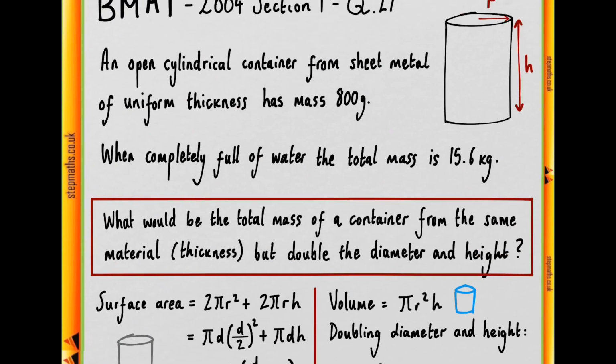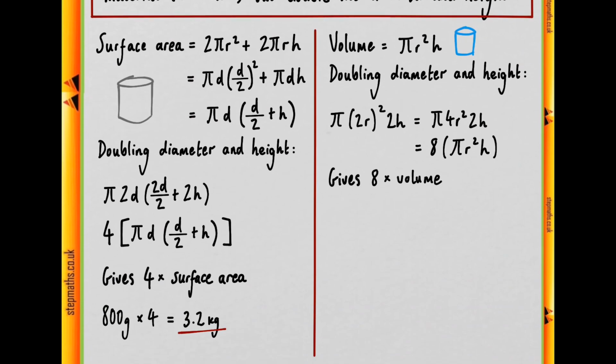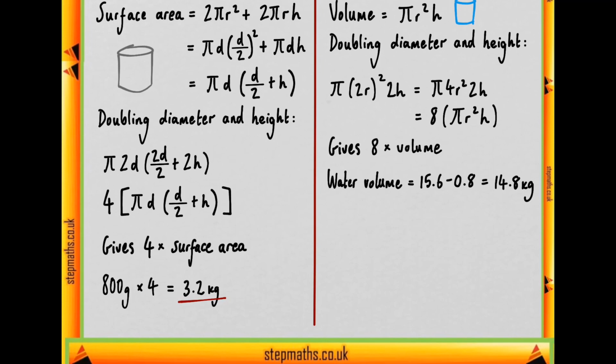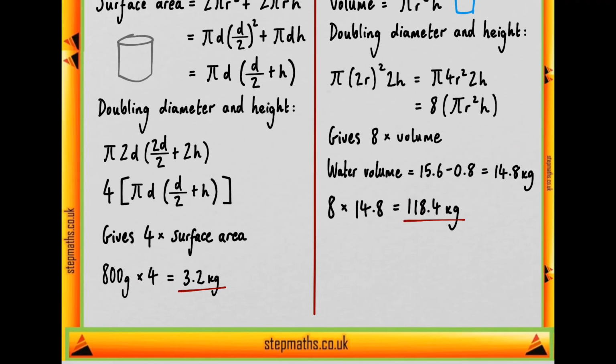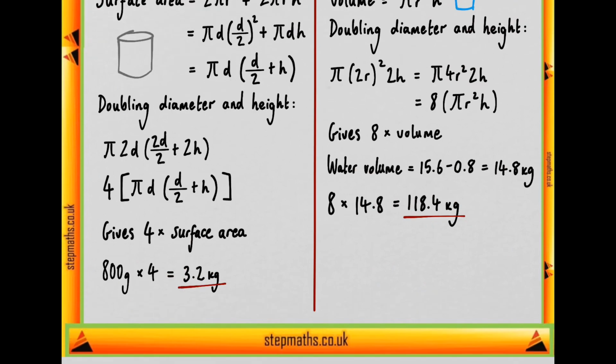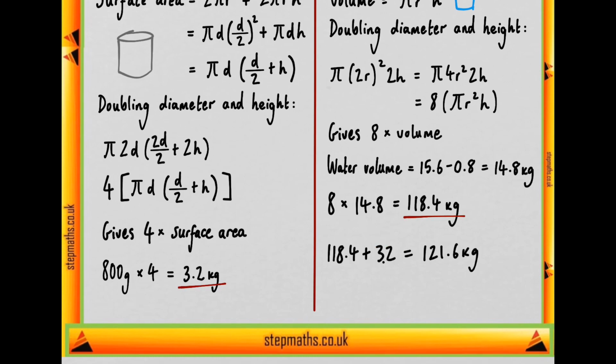So by doubling the diameter and doubling the height, you end up with 8 times the volume you originally had. So we need to multiply our water mass, which is 15.6 kilograms minus the 800 grams of the actual mass of the cylinder, by 8. Our water mass in the original was 14.8 kilos, and we need to multiply that by 8. In the long form, 14.8 times 10 is 148, and you need to subtract 29.6, which gives you 118.4 kilograms. So we have 118.4 kilograms as our new water mass, and 3.2 kilograms as our new cylinder mass. We add those two together, and we end up with 121.6 kilograms as our final answer,